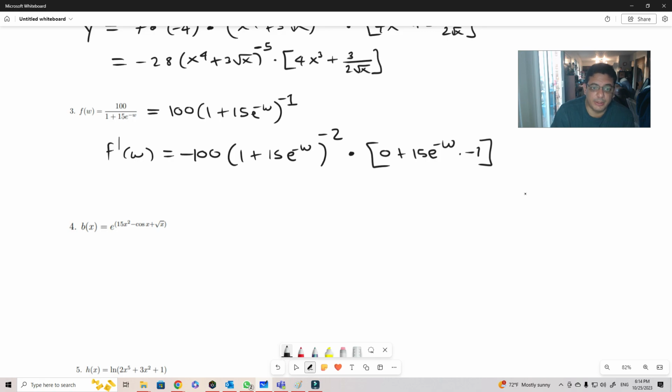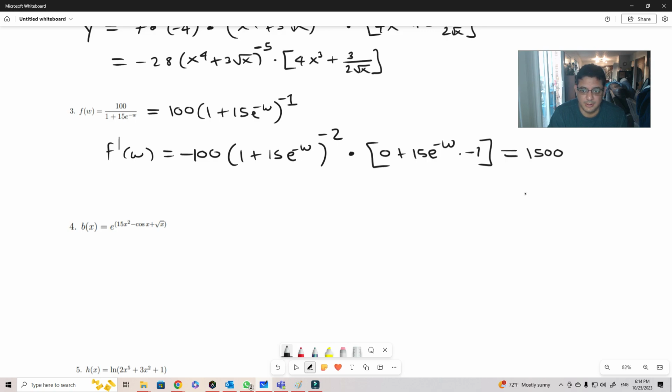Alright, so this is one way of doing this, but now since you know the product rule and the quotient rule, then you can also do this with those rules. Okay, and you can get a similar result doing it that way. If I simplify this out, notice that this is a minus. So this minus is going to be minus 15 here. And with this one is going to be plus. So this is going to be like